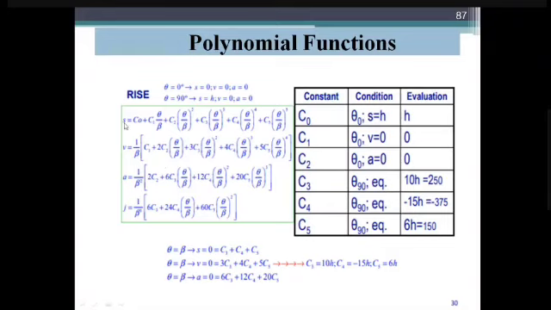You can differentiate: dS by d theta is called velocity, dV by d theta is called acceleration, and dA by d theta is called jerk. So what about the velocity? C naught is the constant and drops out. Then C1, C2, C3, C4, C5 are included, and 1 by beta we can commonly take out, as it is a constant. Similarly, we solve one by one, velocity to acceleration, acceleration to jerk. So what about the constants? At theta equal to 0, S is equal to 0, so C naught is equal to S simply, or C naught is equal to H. So the evaluation is H. What about C1 and C2?